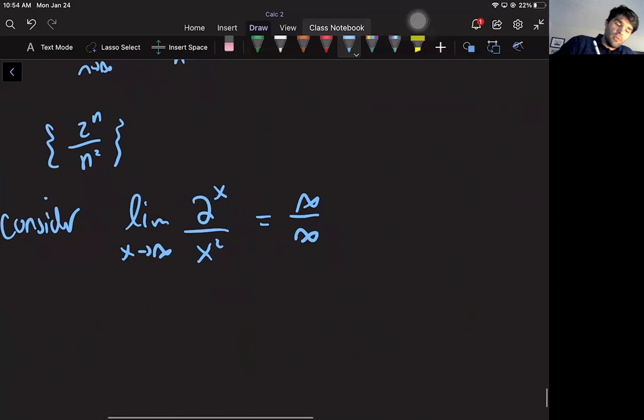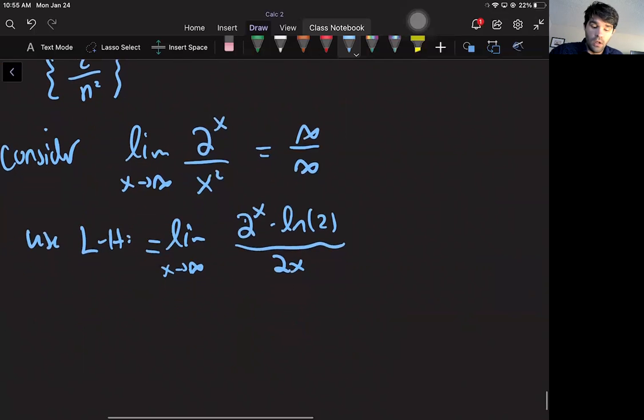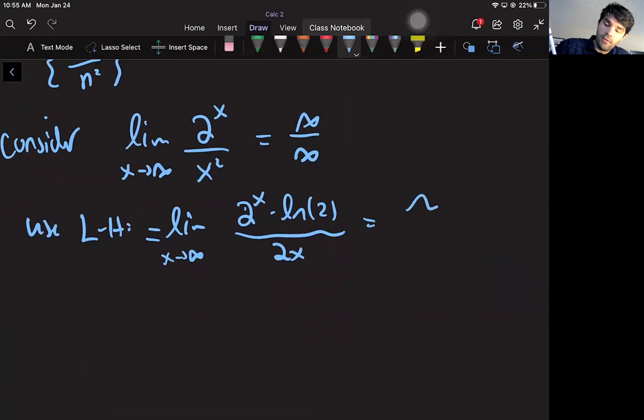And so now I can use L'Hopital's rule, but I have to remember a little bit about derivatives. So this limit now is going to equal the derivative of 2 to the x, it's like an exponential, so it stays the same, but you have to multiply by ln of the base, and then x squared becomes 2x. And then this is still infinity over infinity, just growing on the top because of the power of x, and on the bottom. So if you do it one more time,